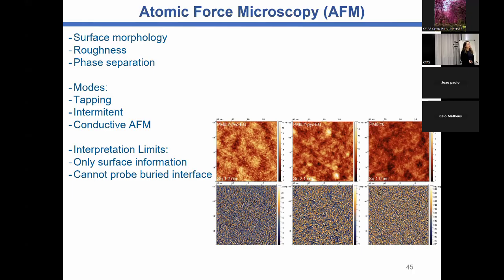microscopy for organics. I think in terms of size, also the correlation in terms of the gradation and interaction with the technique, it's the last that can be causing some damage. But through atomic force microscopy, you can see the surface morphology, the roughness, and the phase separation in general. But there is some